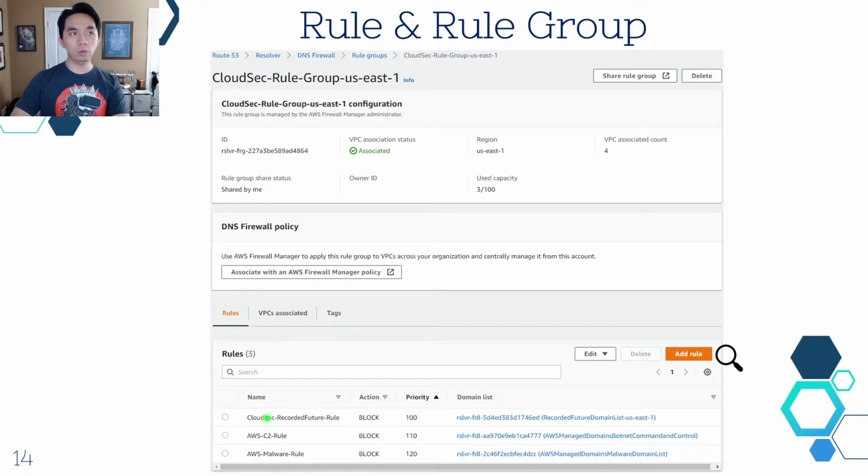Each rule will have a specified domain list and the action it should take when it's matched, when the domain in the query matches the domain list, right? And then you can also see the priority. The DNS Firewall will evaluate the rule with the smaller numeric value in priority first. Then if it has acted based on that rule already, it will skip looking at the other two, right?